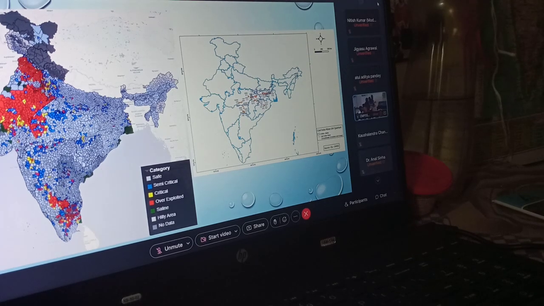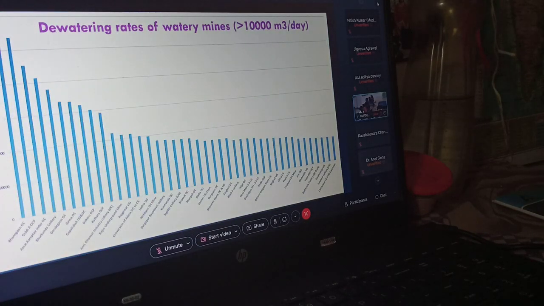We will discuss in the later session. And when we take these mines statistics, this is the scenario. Again, from the mines,